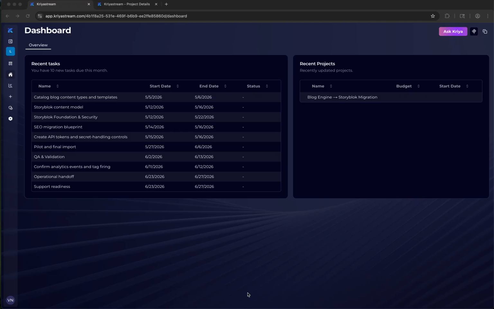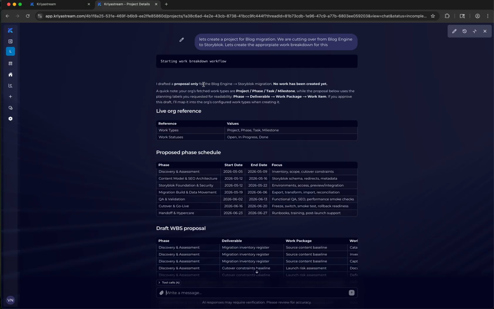So the task is simple. How do you create a work breakdown to migrate Blog Engine to Storyblok successfully with the business users, while engineers work on the actual migration, and how do they meet in the middle or exchange their tasks and the work they've done? So while the work is happening on the engineering side, the PM goes into Kriyastream